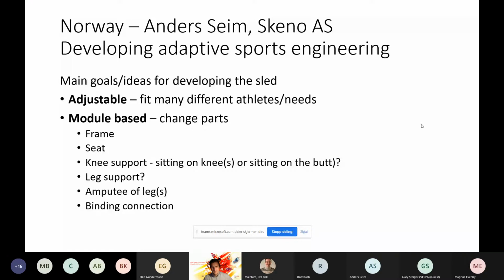We have worked with the Norwegian ski team for several years in different projects, but always the same goal: making a sled and making it better and better. The main idea when we started was to make an adjustable sled